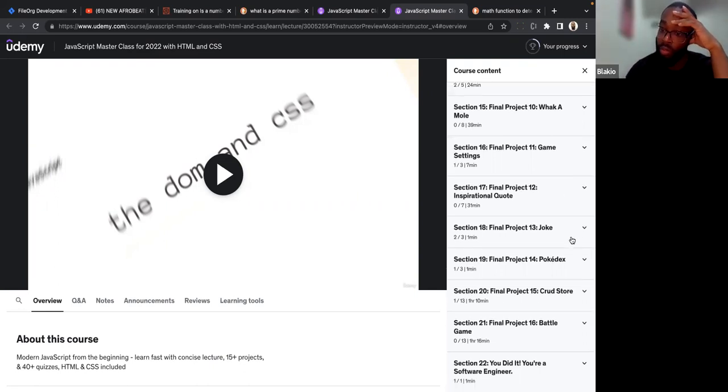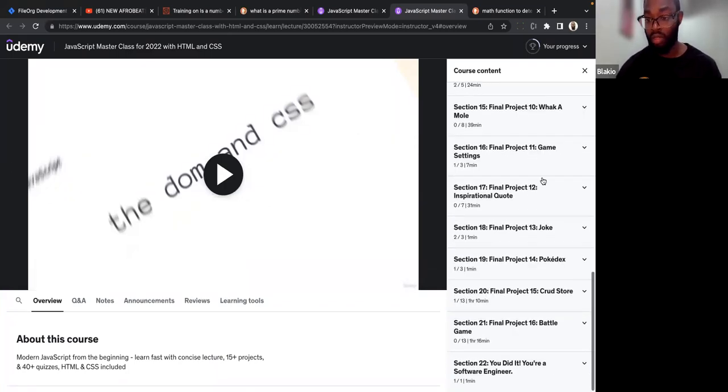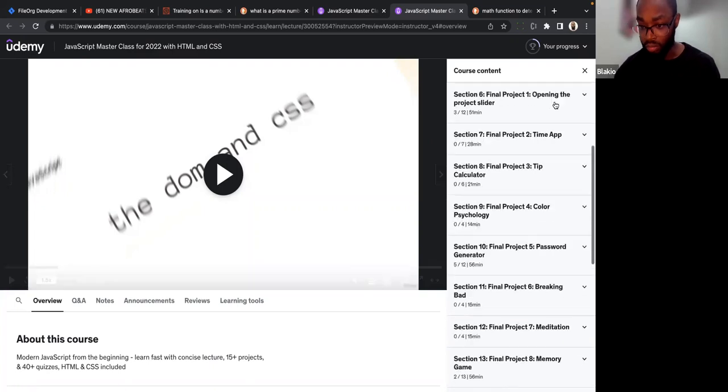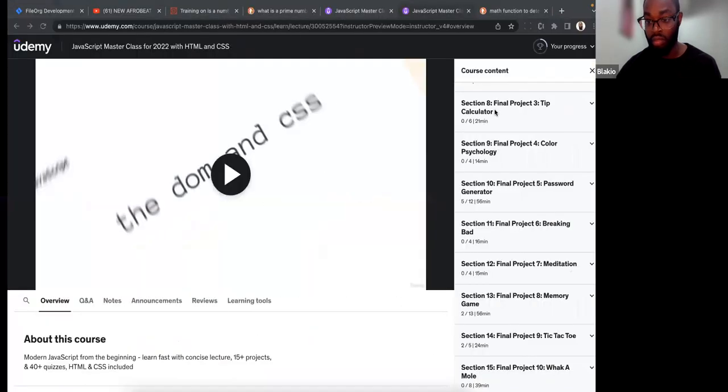But then on Sunday, we're gonna work on these. Actually, we're gonna do Pokedex and Crud Store, and then we're gonna end off with the battle game. So these last three. And make sure y'all go through the other ones because I don't want y'all to get confused with anything. And this battle game is actually gonna probably take like 2 days to go through, or it really just depends because it is involved. But let me quickly delete these. I'm gonna download the memory game and I'm gonna drop it in the Slack.